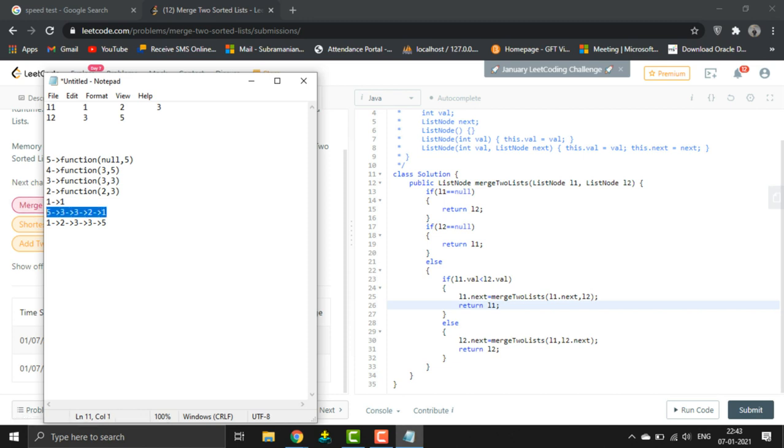I said 5 points to 3, right? No, 3 points to 5, and this 3 points to this 3, and this 2 points to 3, and this 1 points to 2. See, next dot next dot next, going like this. So only then you are getting the output like this.